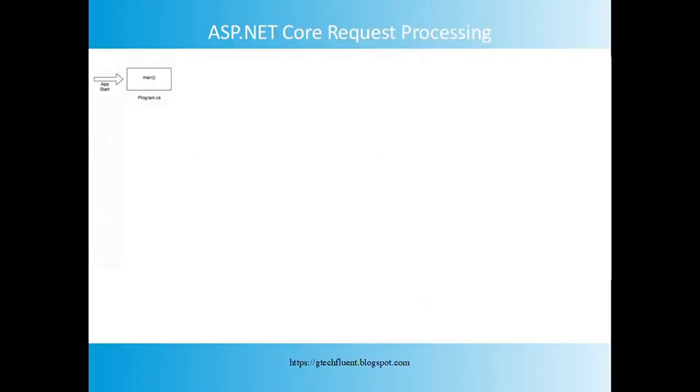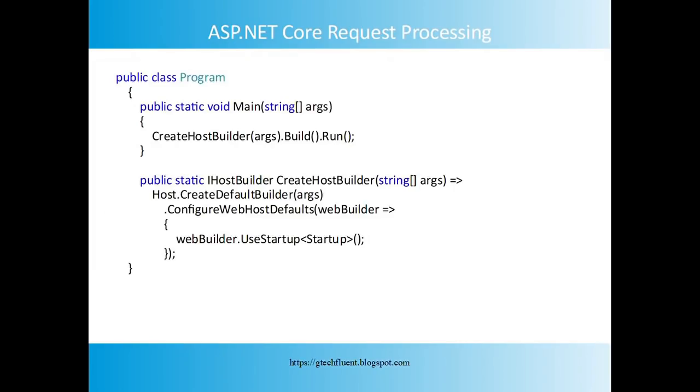So let's start. When the application starts, it looks for the main method, and this is where the execution starts. This main method configures ASP.NET Core and converts your console application to the web application. Eventually, when our ASP.NET Core application started, it started as a console application, and this main method converts our console application to the web application. If you take a look at the main method, it calls CreateHostBuilder with the command line arguments, and this CreateDefaultBuilder method creates the web host with pre-configured default settings.